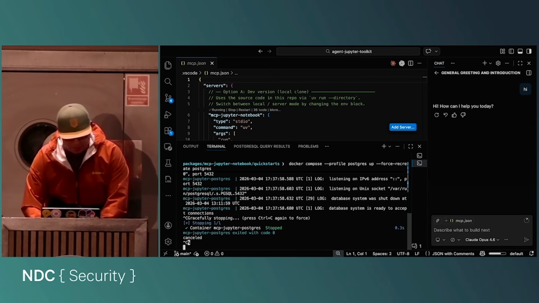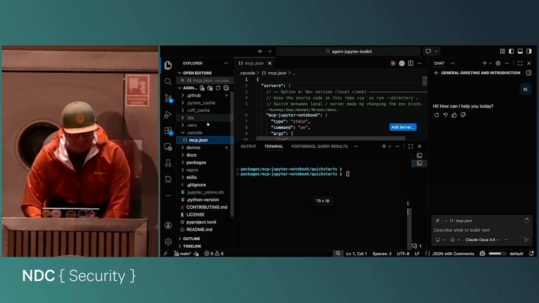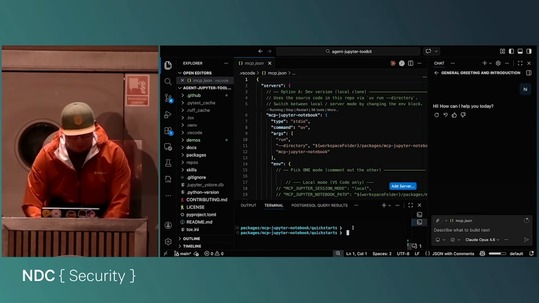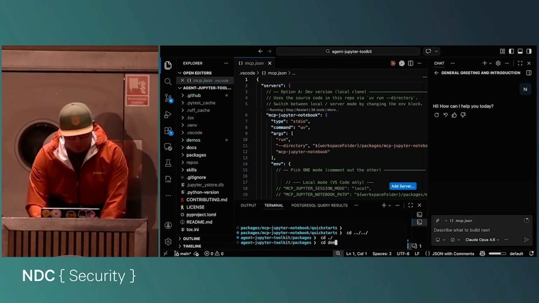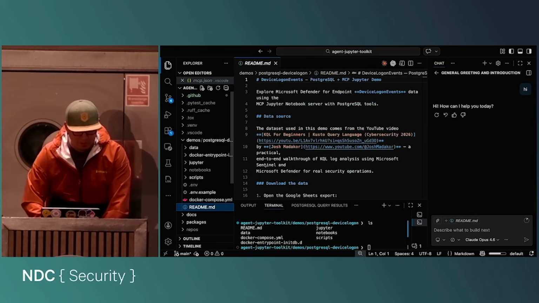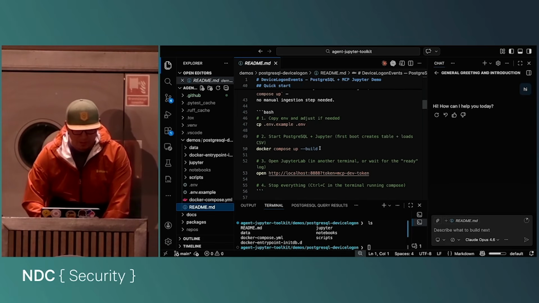You know what? Actually, I'll stop that, because what I wanted to show you is with the big data set, not with demo data, right? So what we do here is we go to demos, Postgres, and there you go, the Docker compose file. If I go to demos, README, and I copy these commands right here, this one, for example,